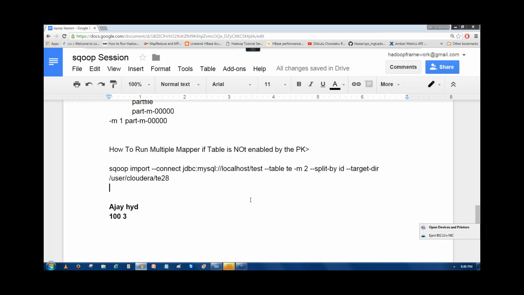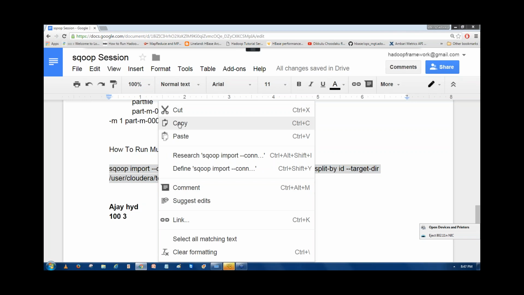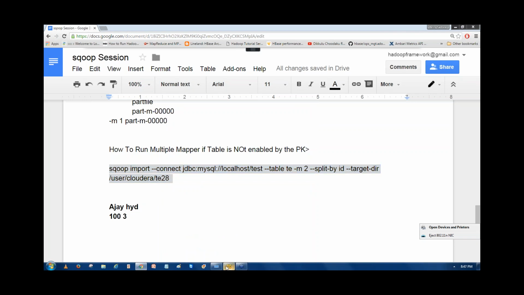If the table is not enabled by the primary key, to run multiple mappers in the Sqoop import we have to use the split-by parameter, and it must contain a column name, the column of the table you want to split on, so that you can assign that column to the mappers to retrieve the data. So take this, and I'm going to run this command.